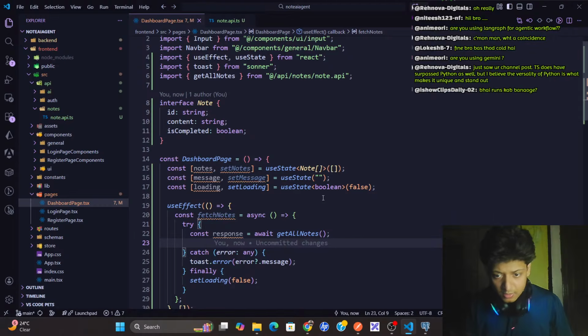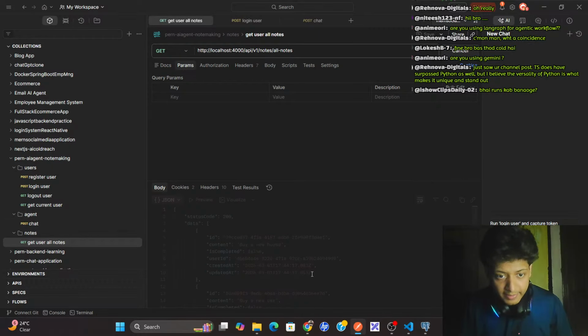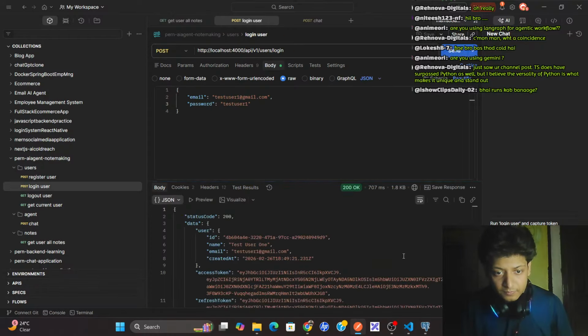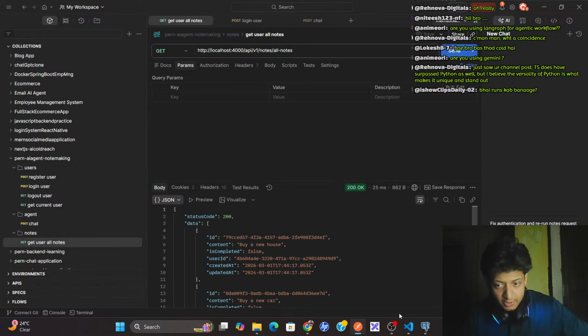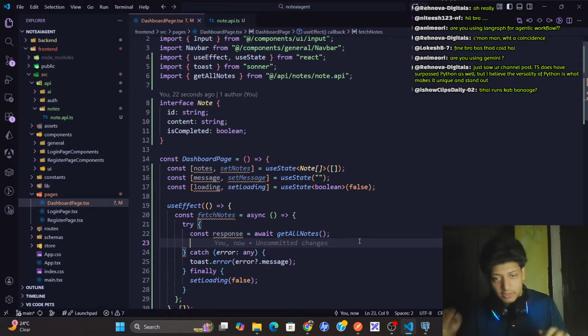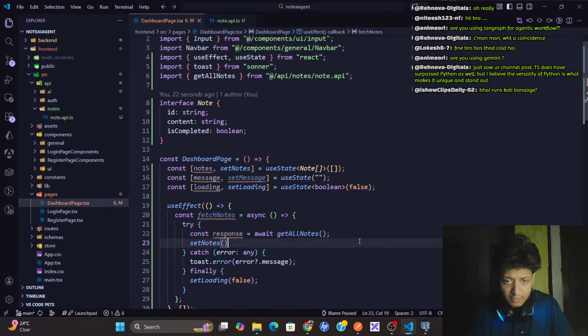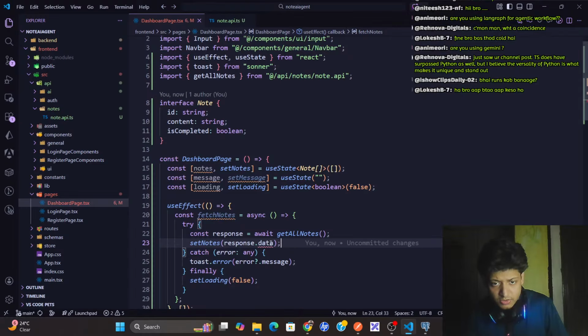And then inside getAllNotes, get user all notes, what am I getting? Okay, login here, and after this response.data. Okay, response data I'm getting, and setNotes will be response.data.